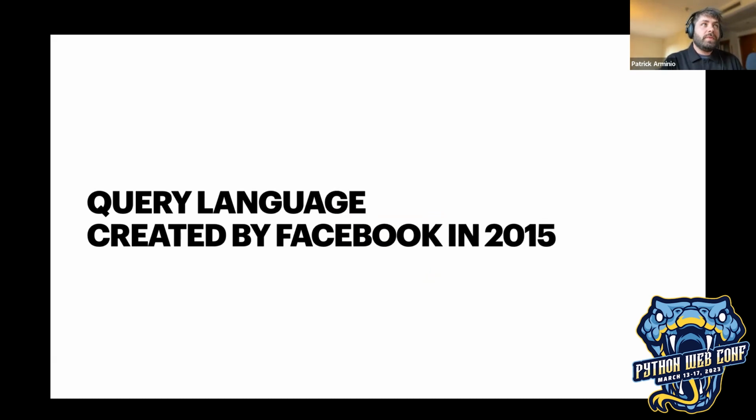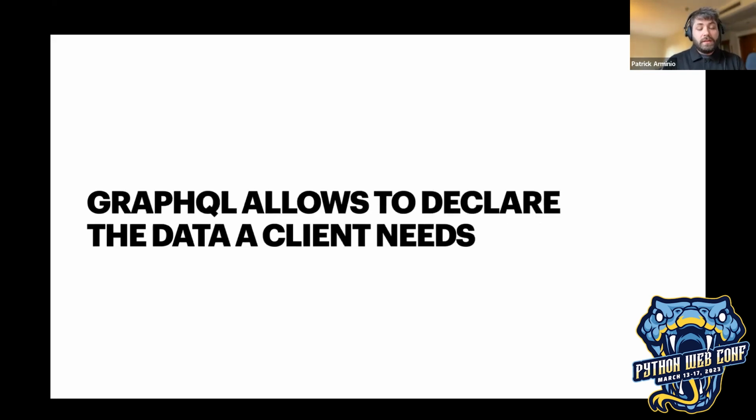There was a lot of shift during those years to make mobile apps and mobile websites. And they had some issues with REST APIs, mostly related to clients having to do too many requests to fetch all the data that they needed, or APIs that would return too much data, basically wasting the bandwidth and CPU of the devices. So they created GraphQL with the idea that GraphQL basically allows you to declare the data that a client needs, and this is basically in contrast with REST.